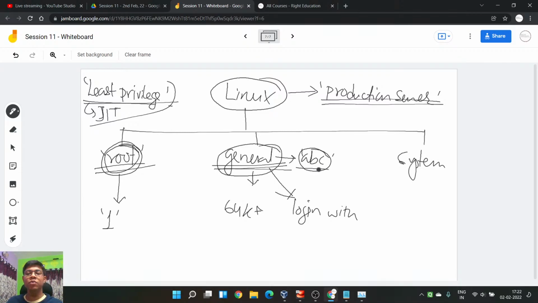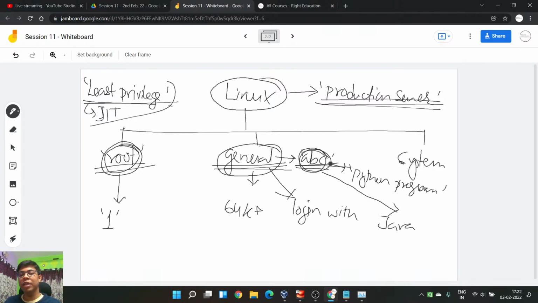Let's say user ABC needs to run one Python program in this production server. So restrict this user in a way so that this user cannot run any Java program. Restrict this user in some way that this user cannot install any other software.